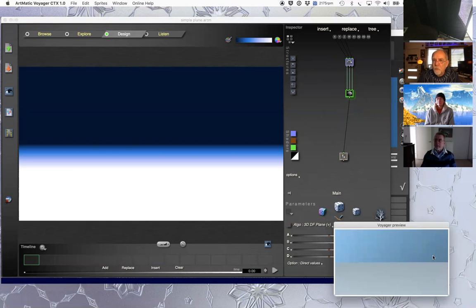and that just shows me what's in the Voyager window. So if I flip back into Voyager, and I'm actually going to be flipping back and forwards between both Voyager and Designer in this tutorial. And the way I do it, and the way that I recommend you get into the habit of doing it,